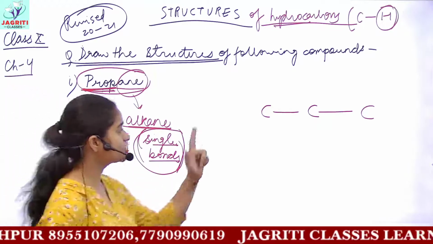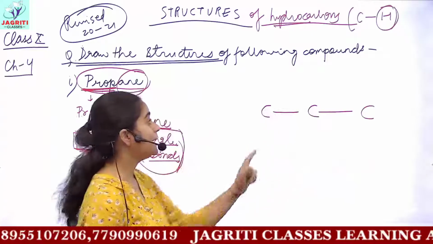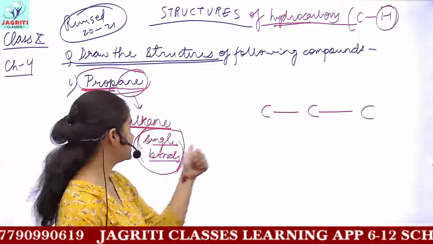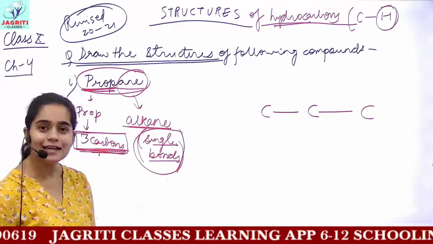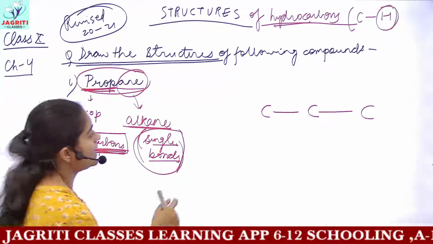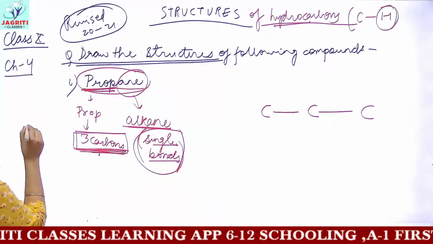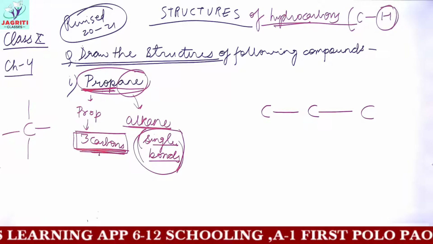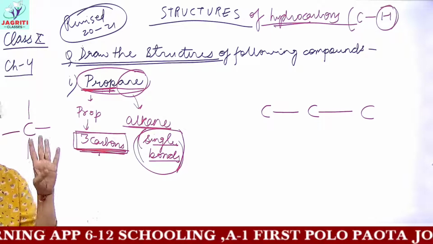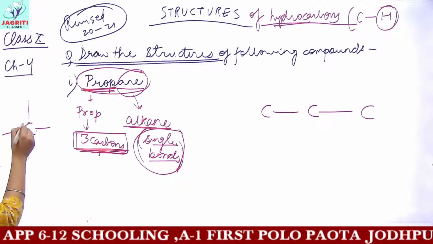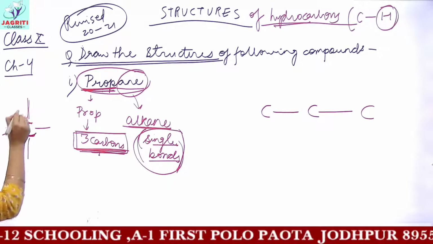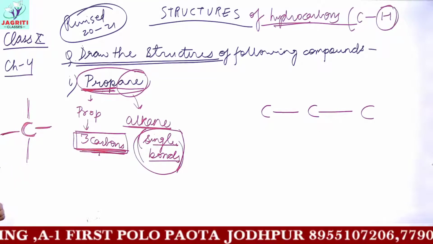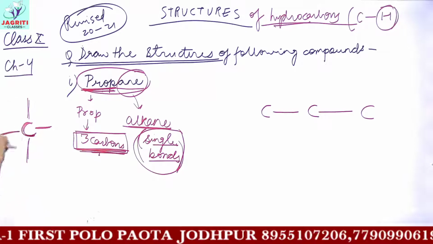This is my structure, drawing 3 carbons and attaching each carbon with a single line. A single line denotes a single bond, that is, alkane. Now I have told you earlier that each carbon has 4 hands, that is, the valency of carbon is 4. To gain stability, each carbon can attach with 4 other elements. We have also discussed it is not necessary that 4 different elements will be attached.